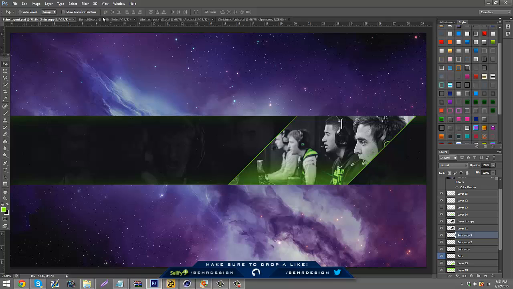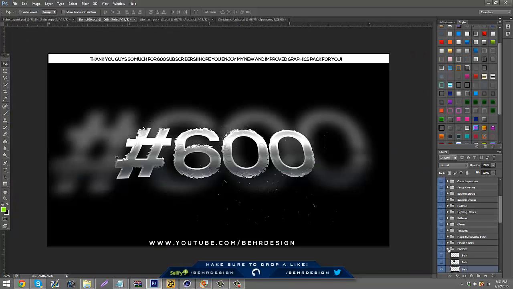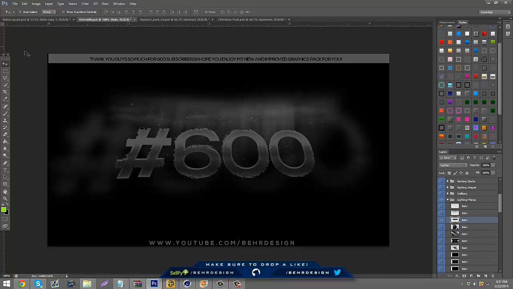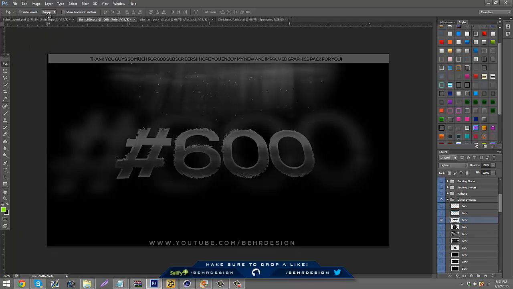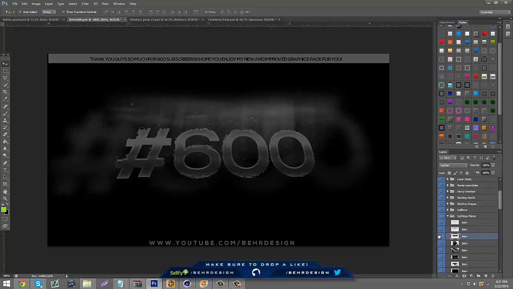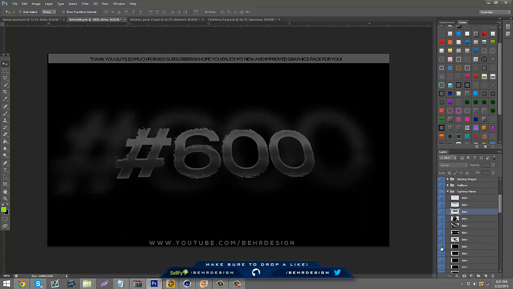This is just for little effects. And then in my pack there's lighting effects, like it says lighting plus flares. And then we're gonna take this one. It looks kind of like a C. I don't know how to explain it. And just kind of drop this in the air, so it's like coming down. And then we're just gonna be adding these flares on their effects.